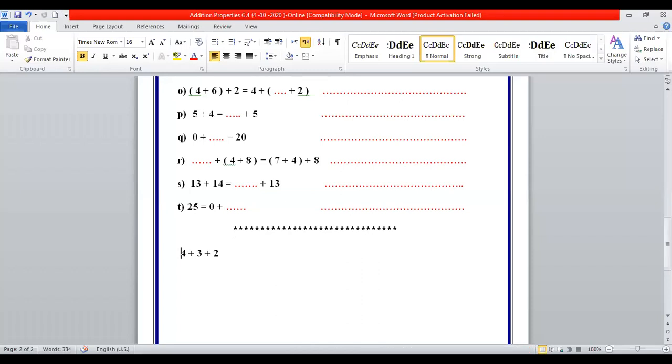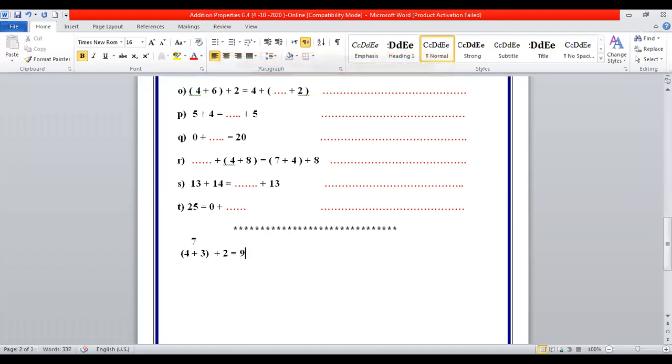If I start by adding 4 plus 3 first, and then add the result to 2, what is the result? 4 plus 3 equals 7. The result of 4 plus 3 is 7. Then we add 7 plus 2. What is the result? 7 plus 2 equals